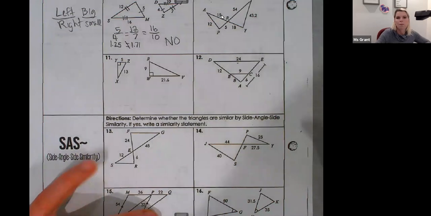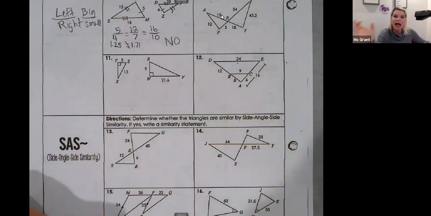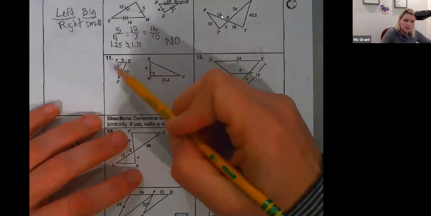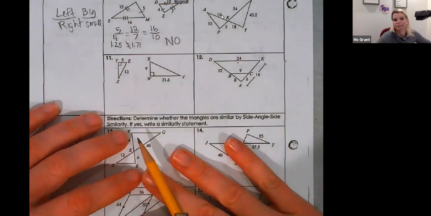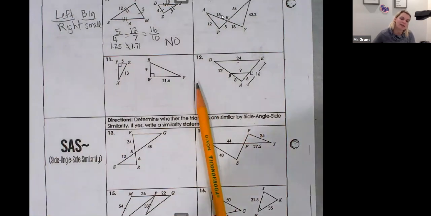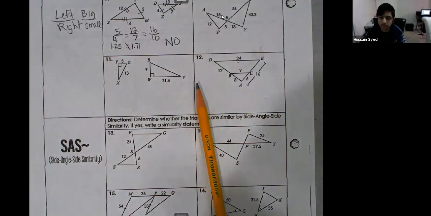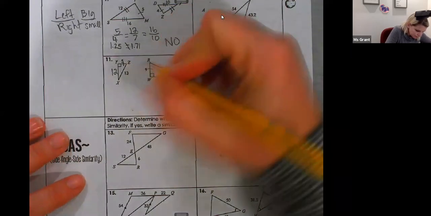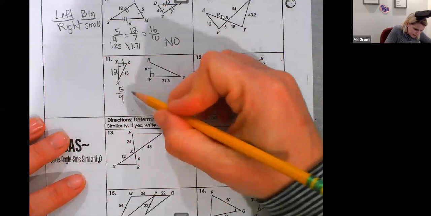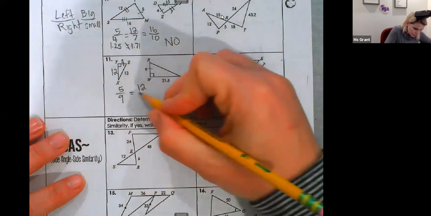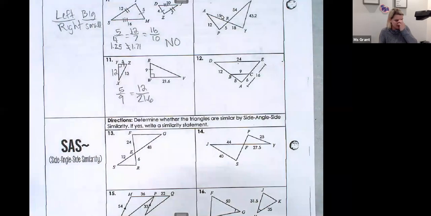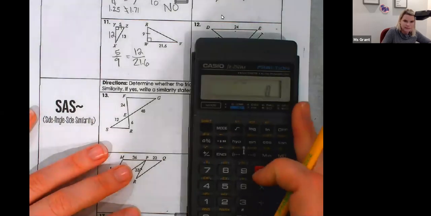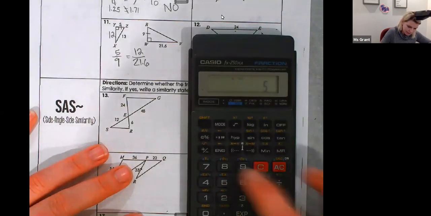Okay. 11 has a missing side. Oh, 5 something 13. This is a Pythagorean triple. Do you guys know what the missing side is? 5 blank 13. Pythagorean 12. Yep, good memory. So I can do something like 5 over 9 is equal to 12, the legs, over 21.6. I don't even need to talk about the hypotenuse. Let's just see if those two are equal. 5/9, 5 divided by 9,